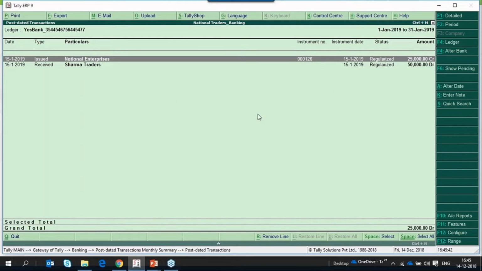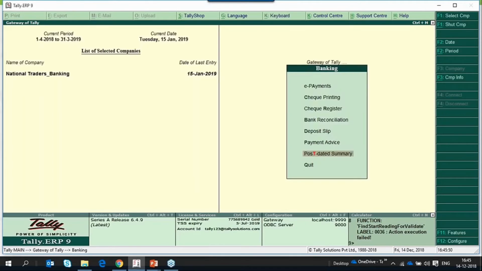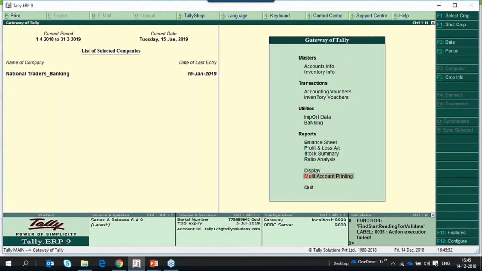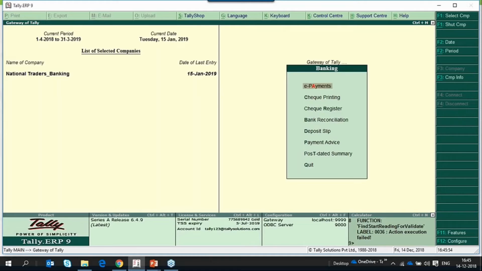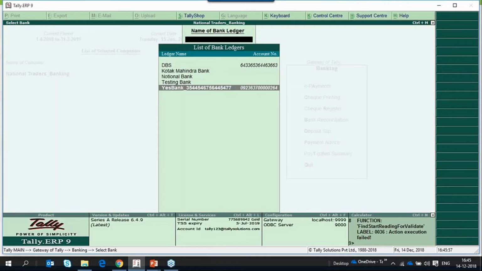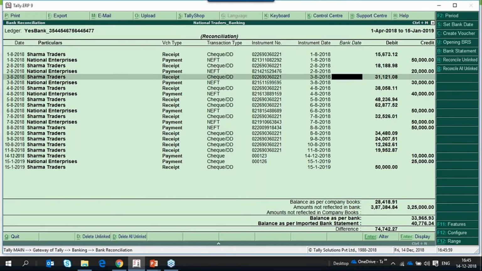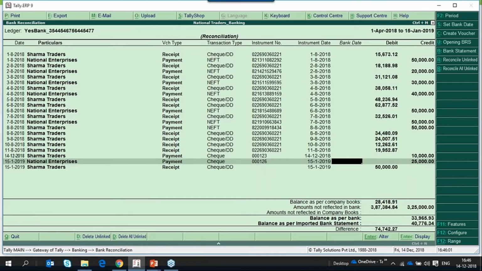And once after reconciling these transactions, the status will turn to reconciled. So go to banking, reconciliation, select Yes Bank, reconcile these two transactions.